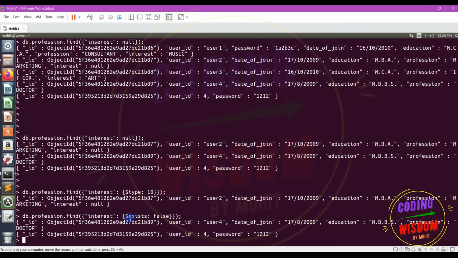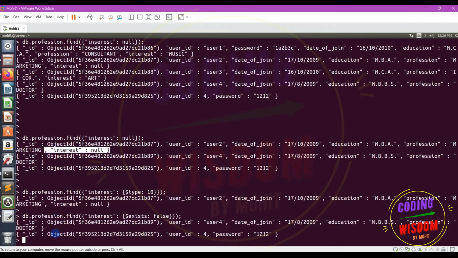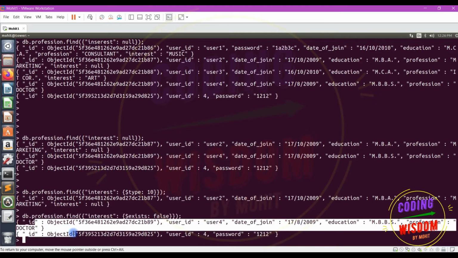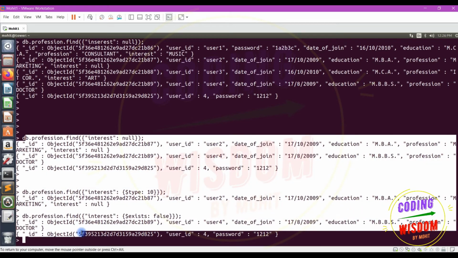Third case, exists false, where the interest field doesn't exist. You can check here, I'm getting only the documents which do not contain the interest field. Now you can see the clear distinction between these three methods, right? I hope you got the point.